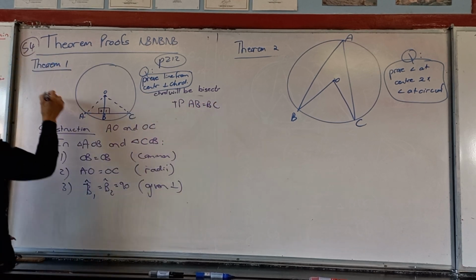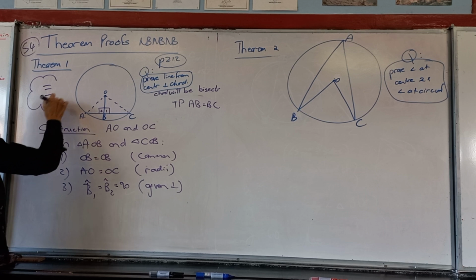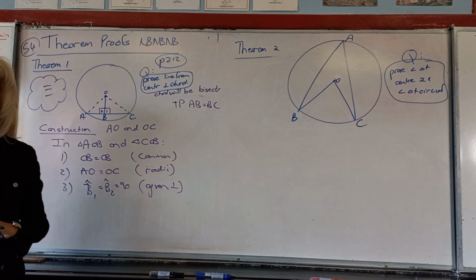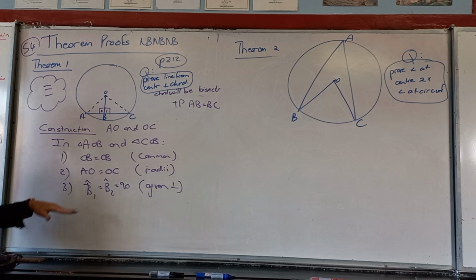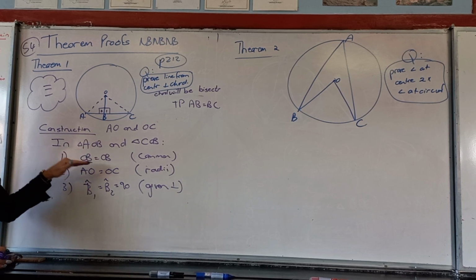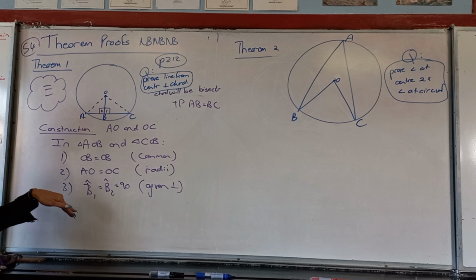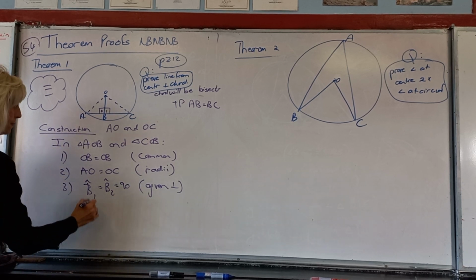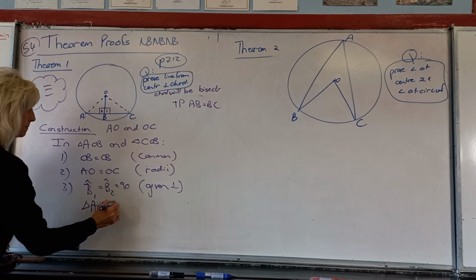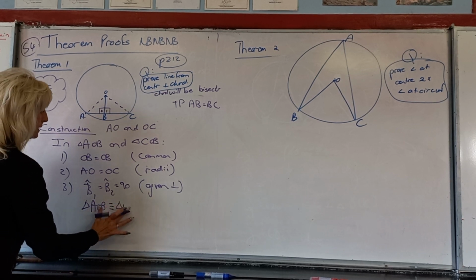But the method that I'm always going to write here on the side in a little bubble, the method is congruency. This will not change. If you wanted to put number 3 at number 1, that's not what I'm talking about. But this will not change. The reason then for AOB being congruent to COB is